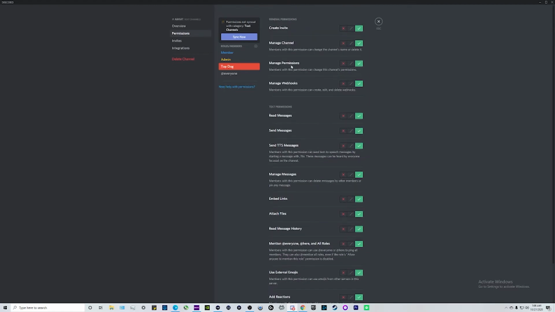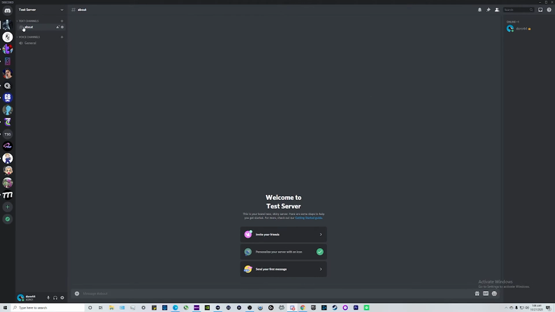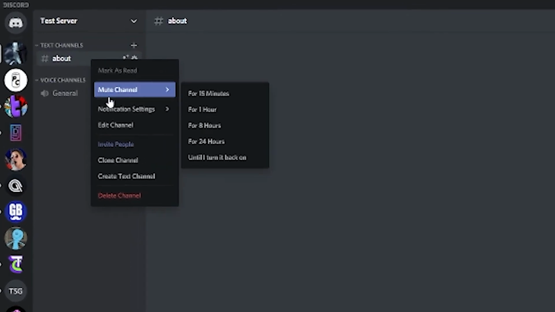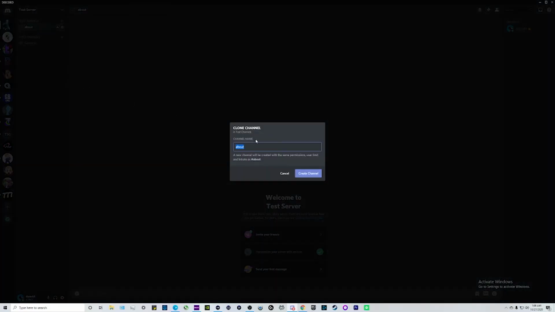So once we're done with our permissions for each role within the server for this about section, and now that we have this about section created and all the permissions set, I'm going to right click it and click on clone channel. Now, what I'm doing here is saving time. The rules section and the welcome section are going to have the exact same permissions as the about section. But instead of creating a new channel and resetting all those permissions, you can just do it once in the about section and then clone it so that it has all those exact same permissions, so that we save a lot of time.